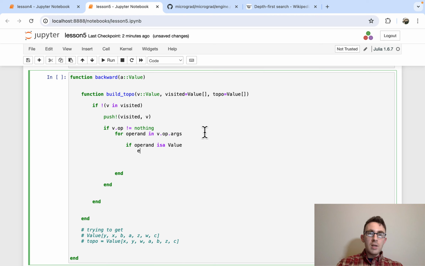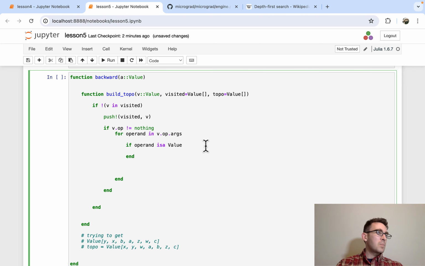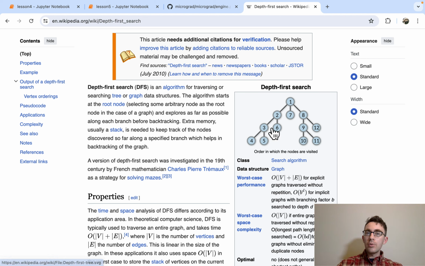Then we're going to say build topo operand, visited, topo. So again, a little bit confusing. Recursion is always a little bit confusing, I think. So you might need to wrap your head around this a bit. But again, this is just a way of going down to the bottom. That's why it's called depth first search,